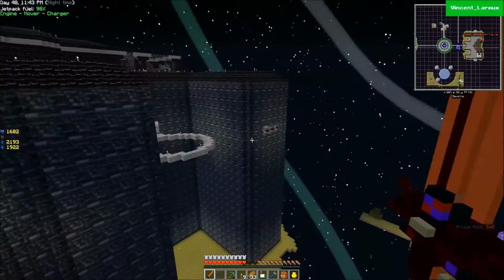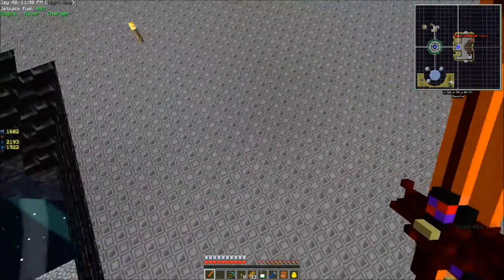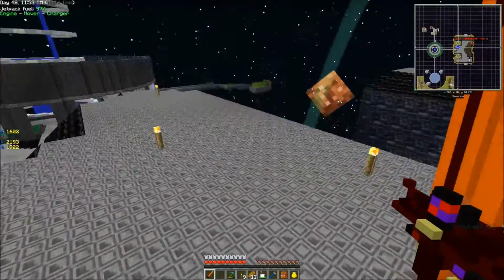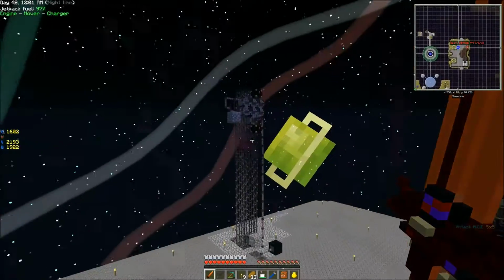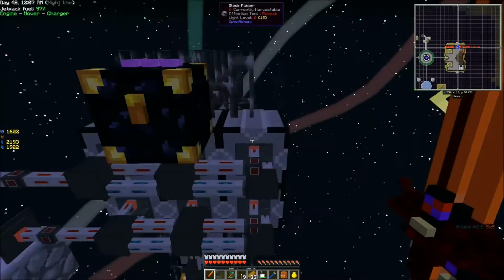I added the windows over here. I put a temporary roof on here. Now this flooring, I think I'm going to use, but not entirely. I'm going to use some other blocks too, so it's not just going to be a solid gray to it. I also raised up the wither killer, and I put all the block placers on this side